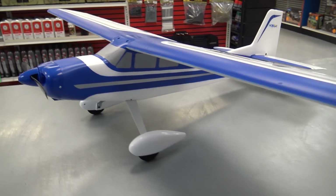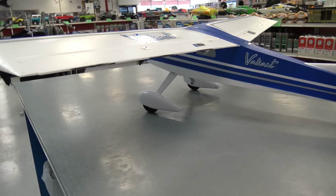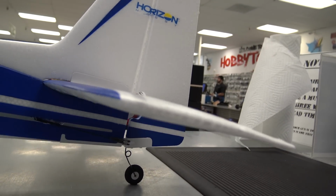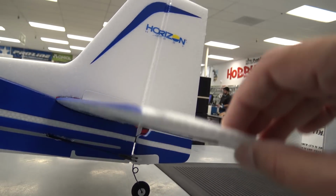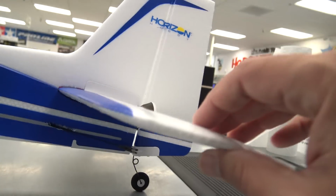Okay, like most E-flite planes, this went together very easily. Just need a couple screwdrivers to get it together. So starting in the back, the tail is a little bit flimsy, a little bit loose. They do recommend in the instructions putting some tape, and I think I'll probably do that just to get this